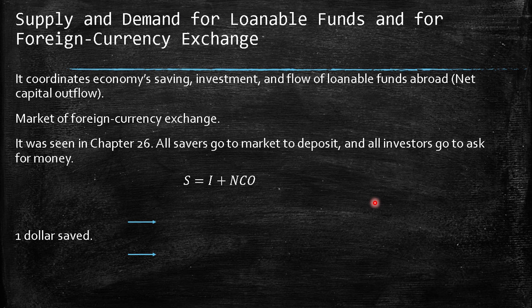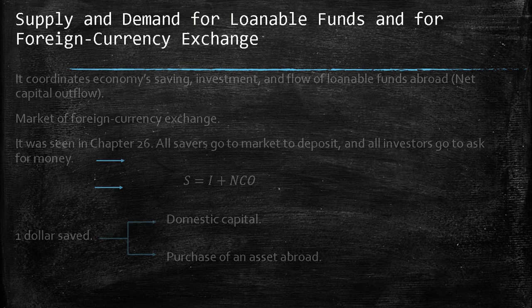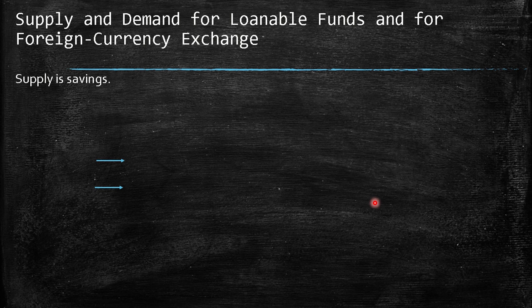If we save $1, this dollar can be used in 2 things. It should be invested in domestic capital or used to purchase an asset abroad. For example, if you save that in your bank, definitely this money is not going to be frozen there. It should be moved. In that way, this dollar can be used for domestic capital, so domestic assets, or for the purchase of an asset abroad. Then, supply is the saving in this specific market, and demand is provided by investment and the net capital outflow. It means demand is provided by the money that is basically going to buy